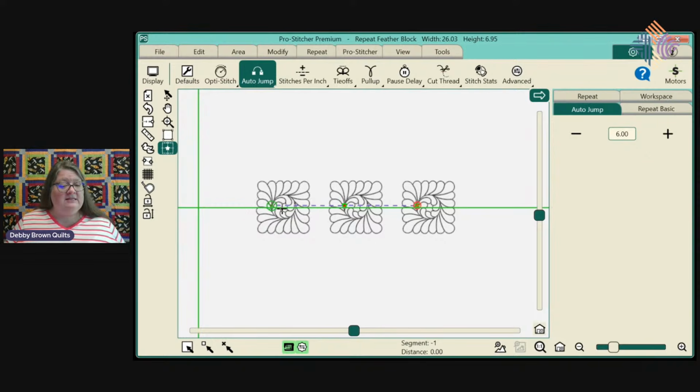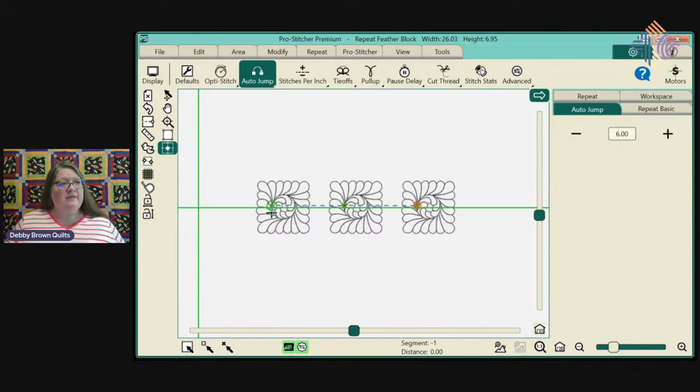If this distance is less than 6 inches, it's just going to start stitching the second block and make the knot, and then move over less than 6 inches and make the third block and the knot. If, however, it is further than 6 inches away, it's going to stitch the first block and